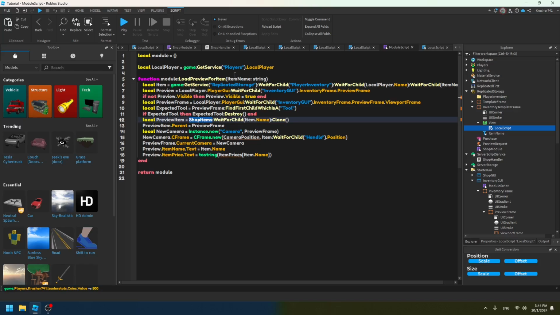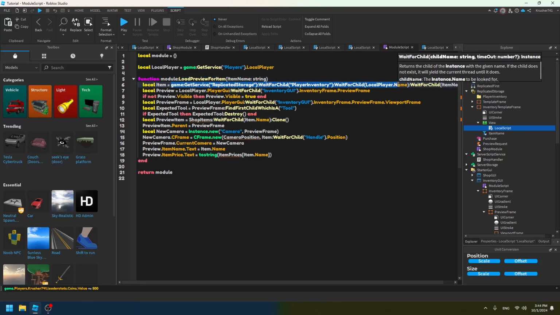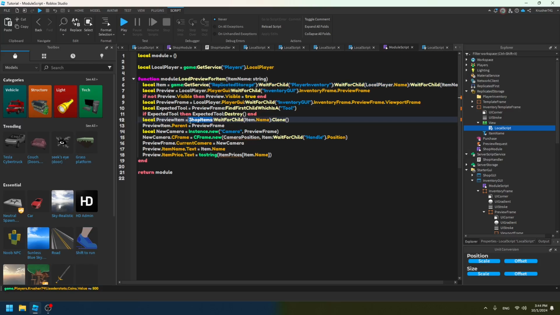So instead of that, we're gonna do, where is it? It's Shop Items. So basically, I'm going to go ahead and just go here. Let's go ahead and just do Item Flow. There's the preview item. Then we're gonna put that inside the preview frame. So set the ViewportFrame size there, and then we're gonna go ahead and just do all the stuff,